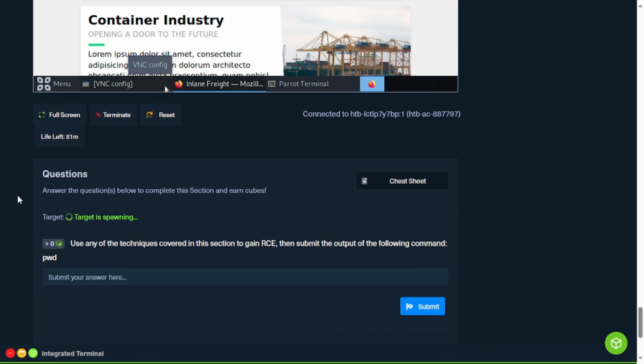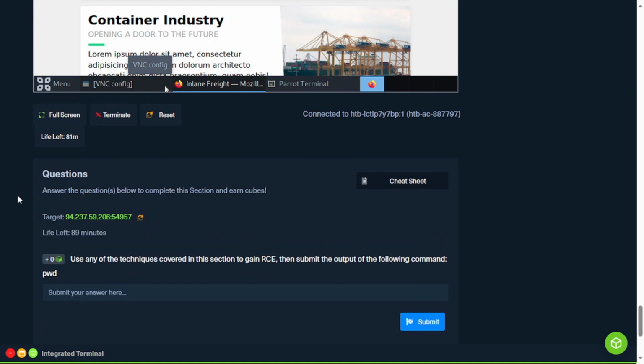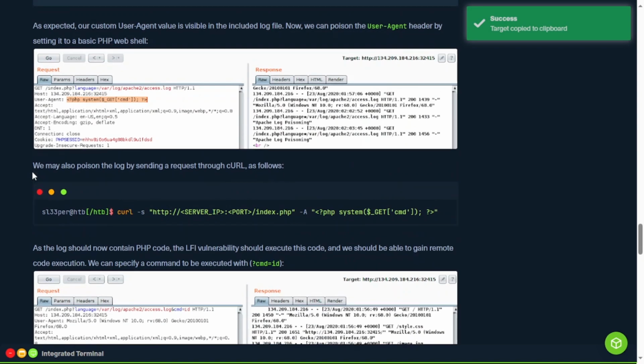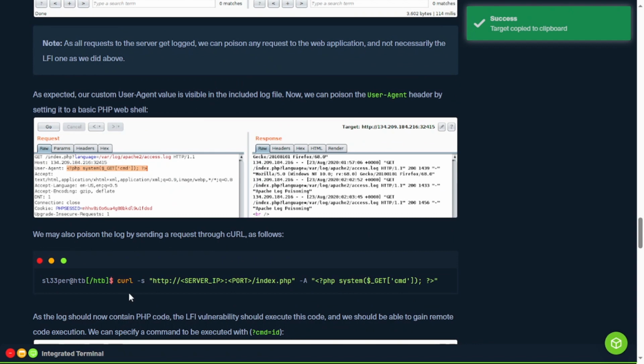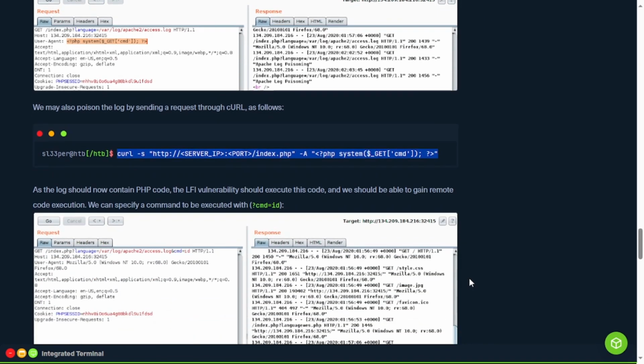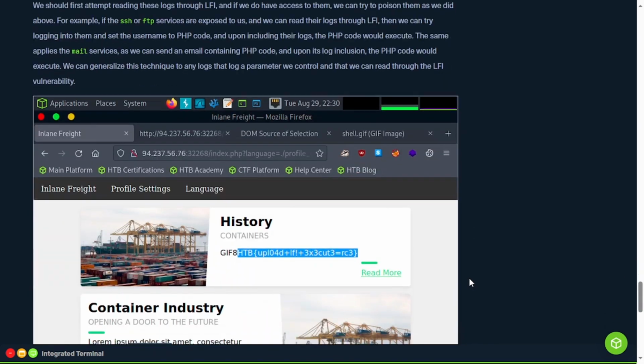So we'll spawn our target and look at this next question. Use any of the techniques covered in this section to gain RCE. Then submit the output of the following command: print working directory, pwd. So we'll use just the curl. It's simple enough. We'll copy this into our command line